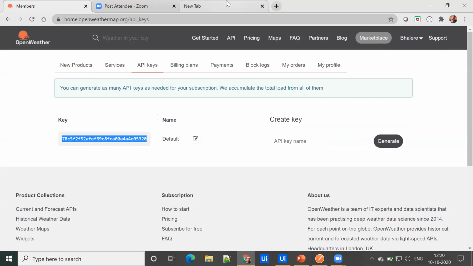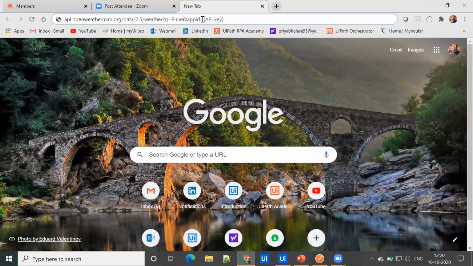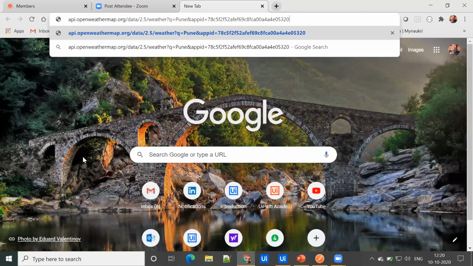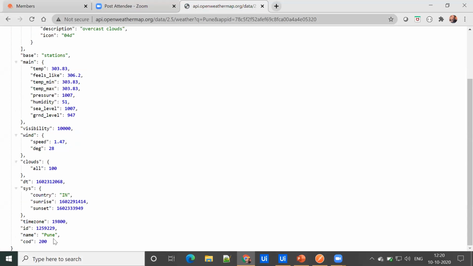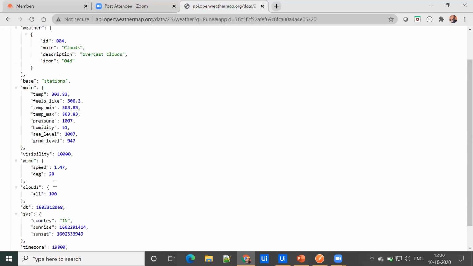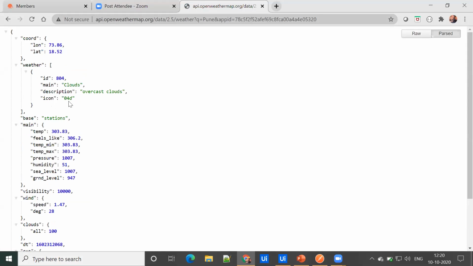Just copy it, paste it here and hit enter. You can see that we are getting the weather data, or weather forecast, of the city Pune. You can see the city name here, the country, India, and all the data related to weather.